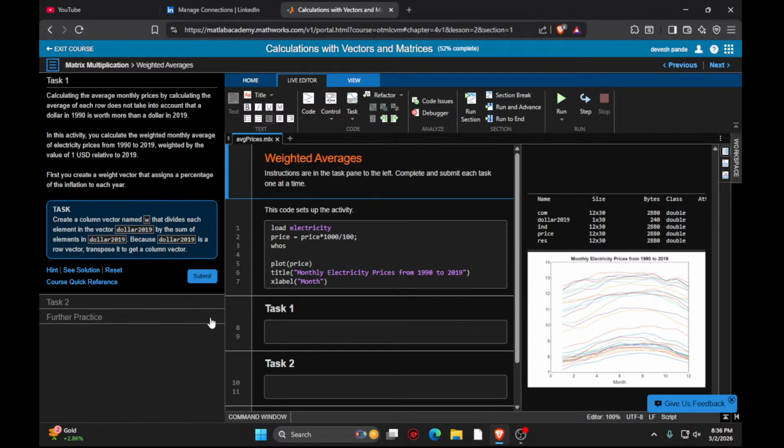Today we are going to resume our course, which is calculation with vectors and matrix. Okay, this will be the last course for